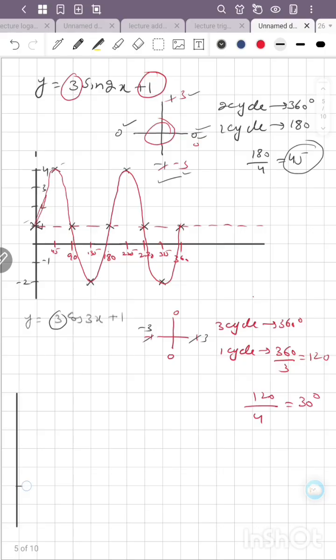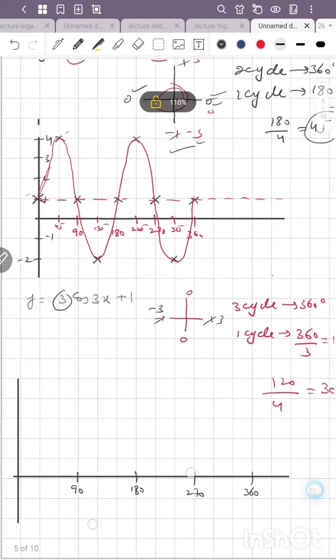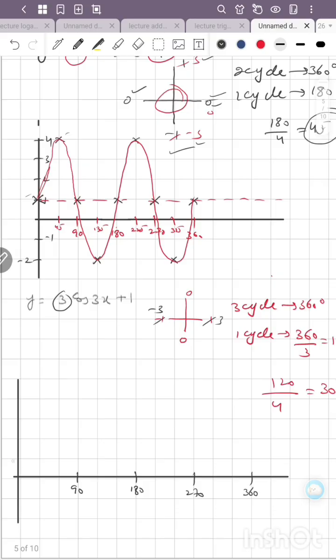तो अगर मैं ग्राफ को ऐसे करके ड्रॉ करूं, और ये हमारे पास क्या बन गया है, 90, 180, फिर ये बन गया है 270, और ये बन गया है 360। अब यहाँ पर अगर हम देखें तो हमारे पास ये क्या हो गया, वन, ये हो गया टू, ये हो गया थ्री, और ये हो गया फोर। इसी तरीके से माइनस वन, माइनस टू, आई थिंक ये काफ़ी होगा, इनफ होगा। आई थिंक हमें ज़्यादा ग्राफ बनाने की ज़रूरत नहीं।